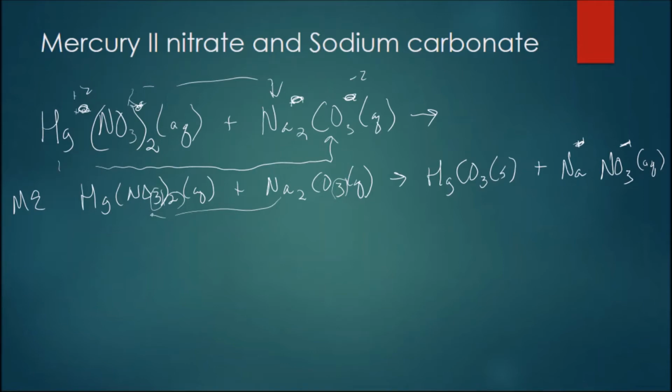Okay? So, if something's bothering you, you have every right to be bothered because, what happened to the 2 there? Okay, we have to account for that. But we can't account for it by taking it over and making it into a little 2 here. No. NaNO3 is a correct formula. Leave it like that. We do need to balance it. We balance it with big numbers. So if a little number is always with those elements, then they stay little. If a little number is there only temporarily in order to balance things out, then they become a big number